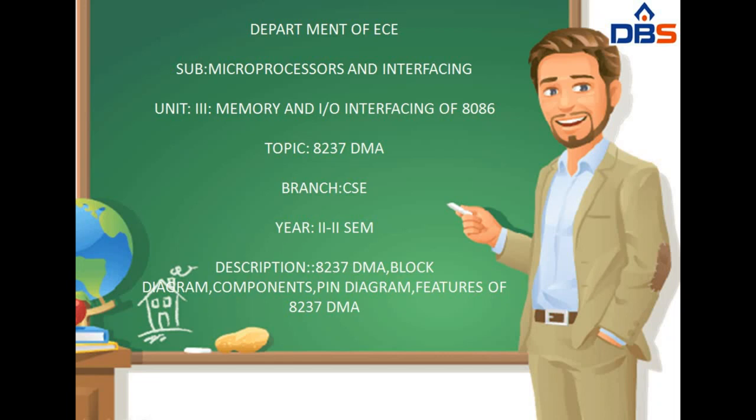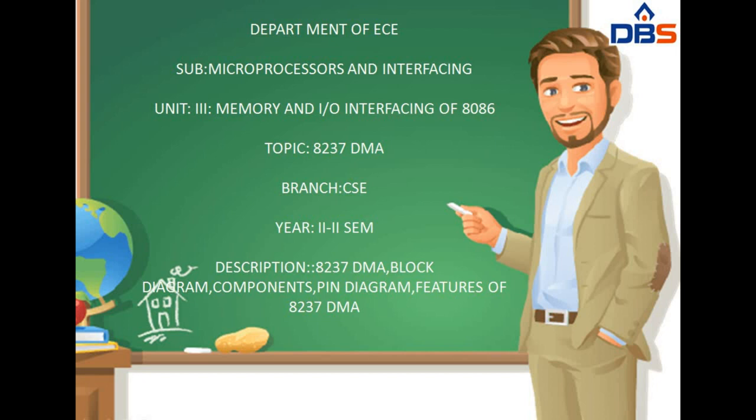In this lecture we are going to discuss the 8237 DMA. In the previous lecture we discussed the 8257. Here we are discussing the 8237, and DMA is nothing but a sophisticated I/O technique in which a DMA controller replaces the CPU and takes care of the memory access of both the input and output devices, which in turn reduces the time period.